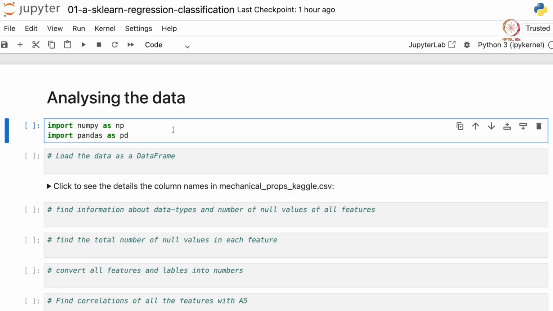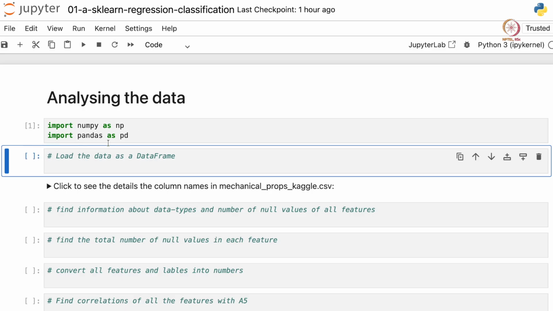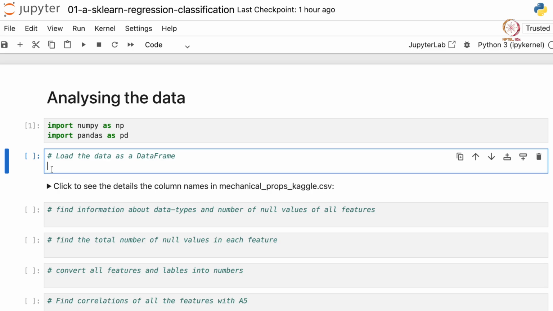The first step would be to import the data and analyze the data. The tools that we use for this are NumPy and Pandas. So let's start with importing NumPy as np and Pandas as pd, and then let's load our dataset using Pandas. Let's assign a variable data to our dataset and use pd.read_csv